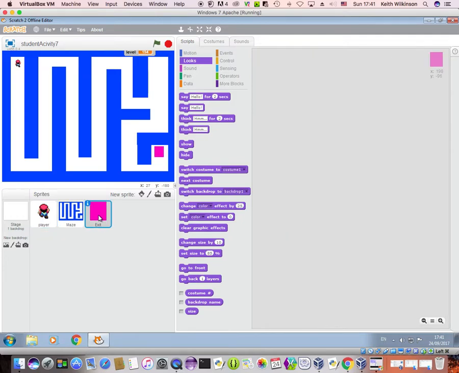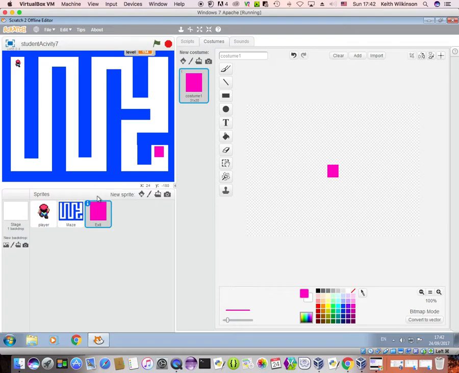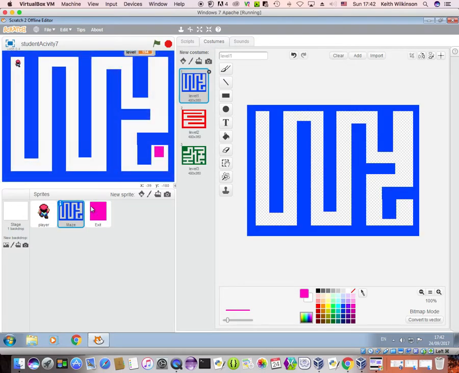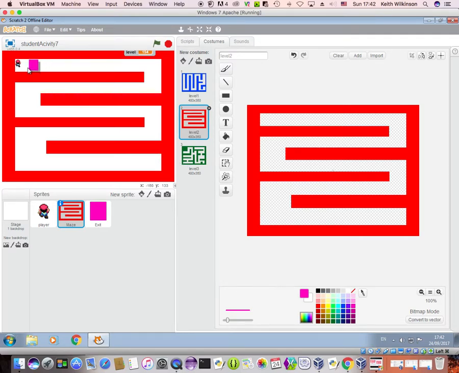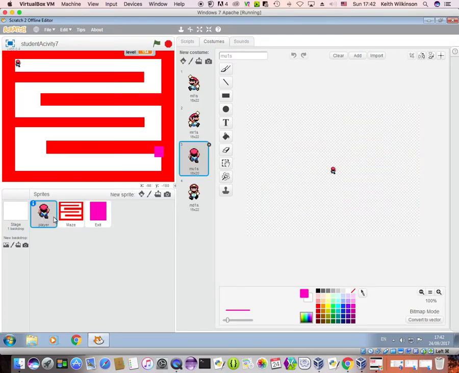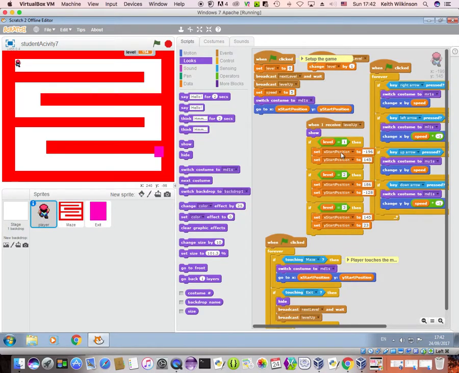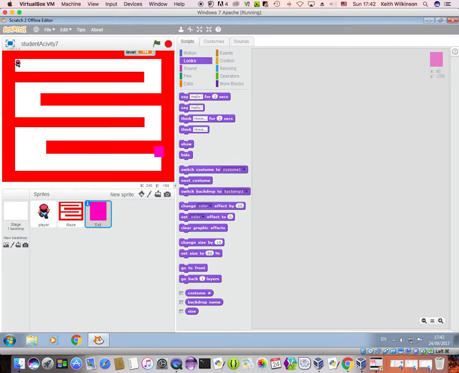We are also going to place some code on this block because we want this block to move as well. So when we're on a different level on the maze, the block will have a different finish point. So when we are on the maze, on level 2, I want this block to be where Mario is at the moment and for Mario to be down here. So I'm going to do that now with these, which is pretty much exactly the same as the scripts that we wrote for Mario here when I received level up. So on the exit sprite we need some more code, and the code we're going to need is